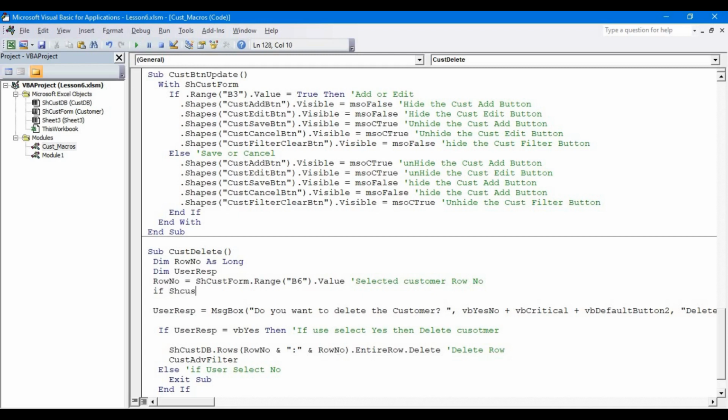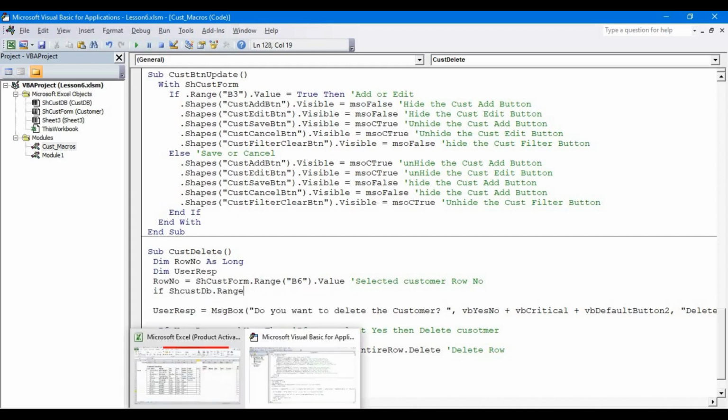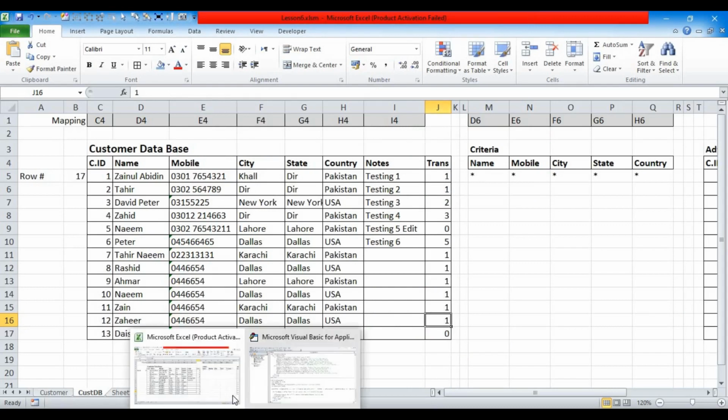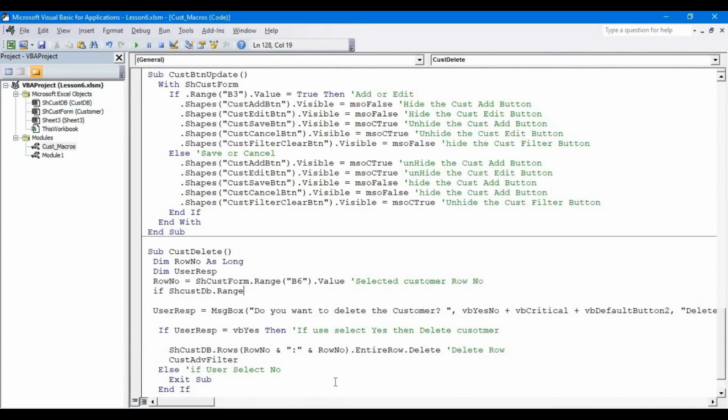If sh customer database dot range, and the range column is J, J N. Let me put a colon here. J N, the row number, because previously we know the row number. Row number dot value is greater than 0, then